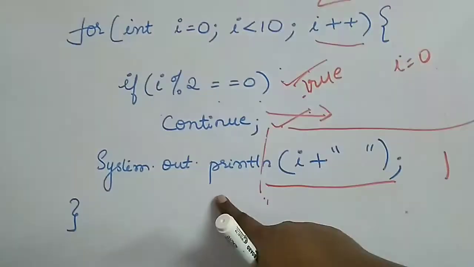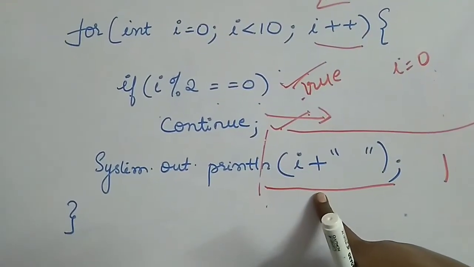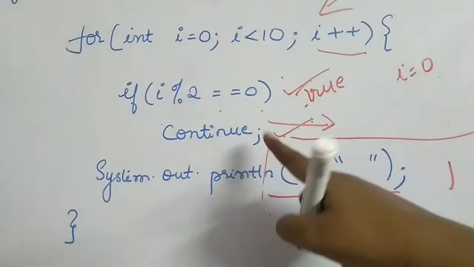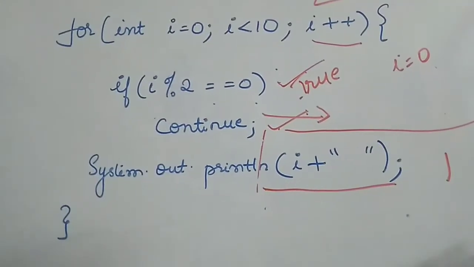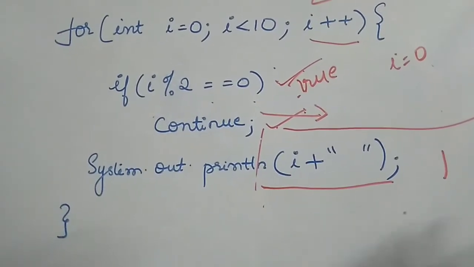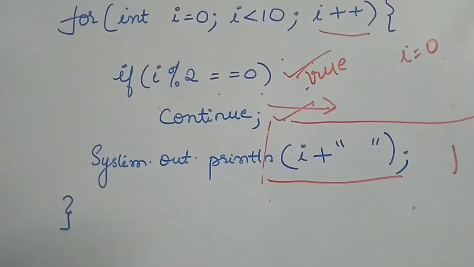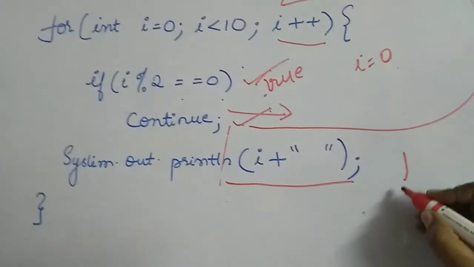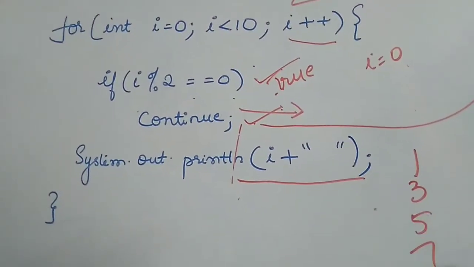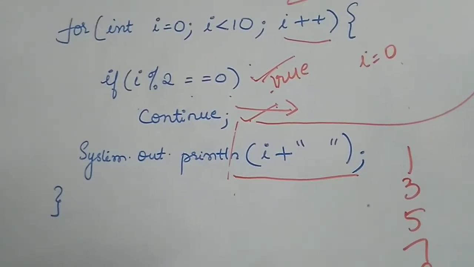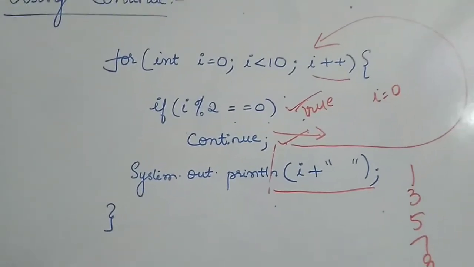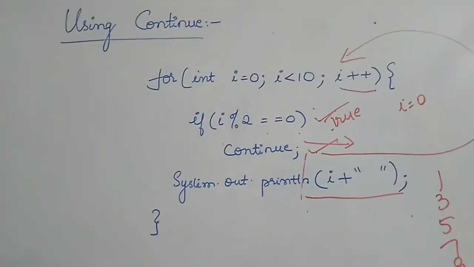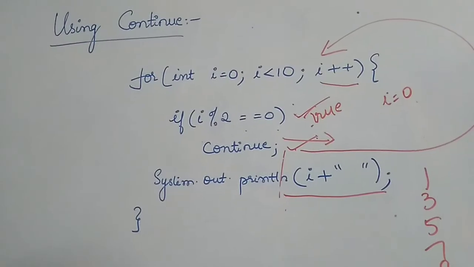So when continue executes, this println statement will not execute. Okay, so this println statement will not work for you, because the functionality of continue is that it will skip the next statements after it in the current iteration and go to the next iteration. So on the output screen it will print only these things for me. Okay, whenever i becomes 10, the loop will be broken and then it goes to the immediate next statement after the for loop. So this is how continue works.